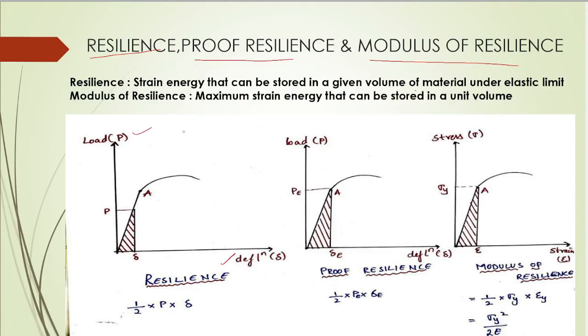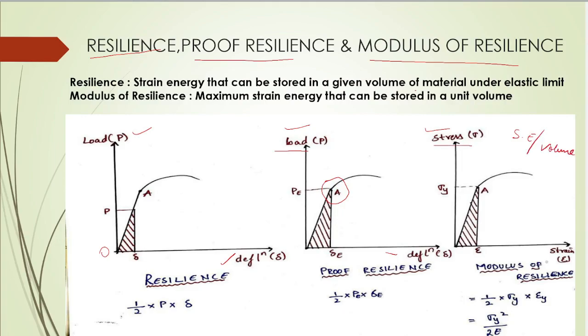In case of resilience, we consider any point between O and A, whereas in case of proof resilience, we take the load deflection curve up to the proportionality limit, whereas in case of modulus of resilience, it is strain energy stored per unit volume, which means we have to consider